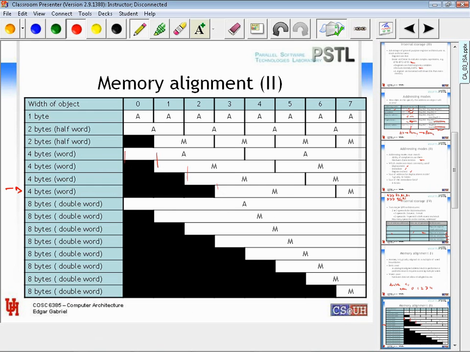The same for an 8 byte word. You can basically start the 8 byte word at the address 0 and any address that is a multiple of 8, but you cannot start it in between because this will lead to misaligned memory accesses. Now, there is at least one architecture out there that I know about. These are the Sun SPARC processors, which if you would try to access a double, as an example, from a memory address which is not a multiple of 8,